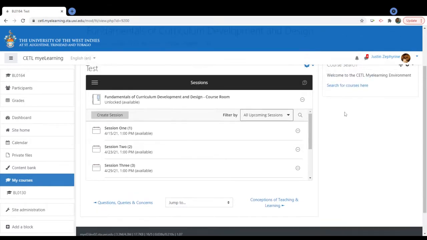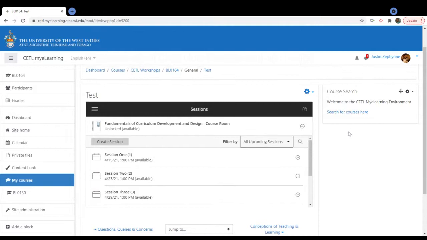I would recommend creating a session for each week in advance. To me, I just like that because it's a little easier for me to follow and to keep track of where I am in the course, and for students to know where they are in the course. When they're reviewing, they know, okay, this session is on module 1, this is module 2, or whatever topics you might have,